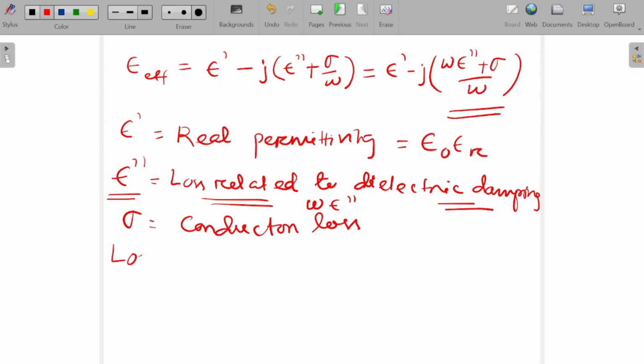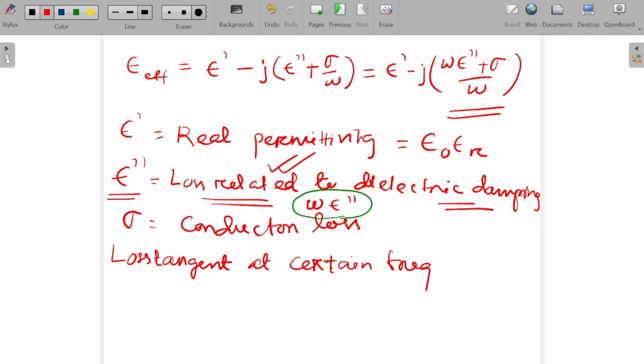Now, we will have the loss tangent. The loss tangent at a certain frequency, because the loss which is related to the dielectric damping is related to frequency, the omega term is there. So, the loss tangent is defined at different frequencies for a particular medium. Or for a particular dielectric, the loss tangent at a certain frequency can be written as tan delta, the imaginary part,